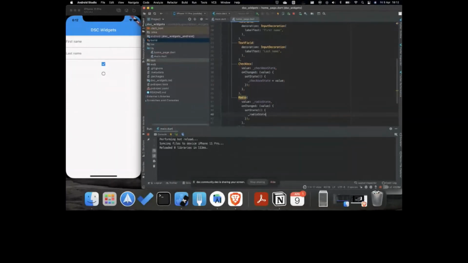So you can just say set state again, because that's how you can keep track of that change. If you don't put set state and just change the value, there's no way Flutter will know that that value has changed. And that's a very intelligent way of working. You don't want to actually rebuild the app if there's no